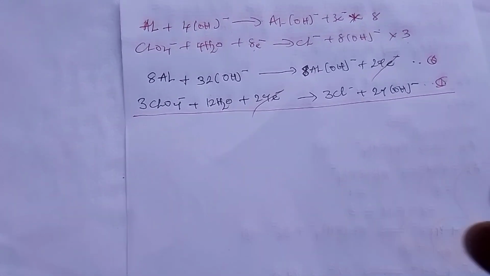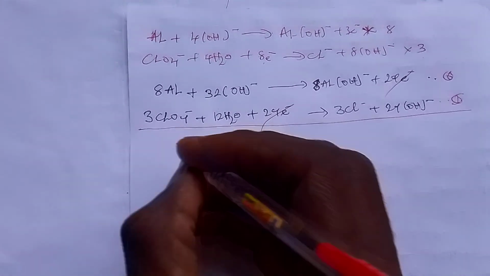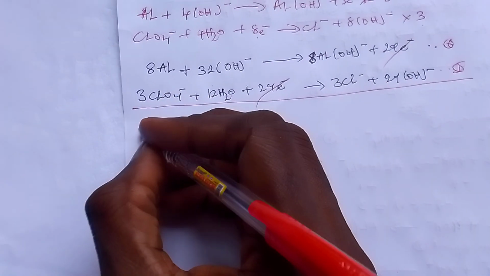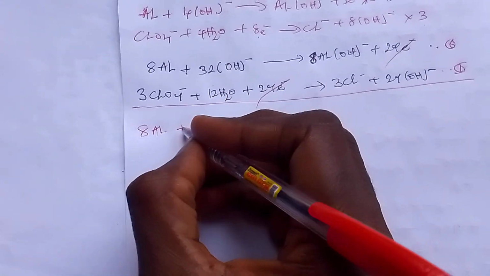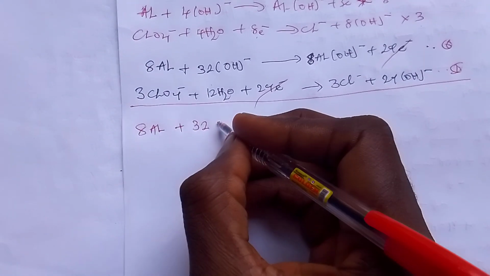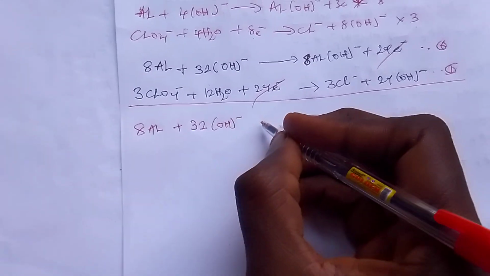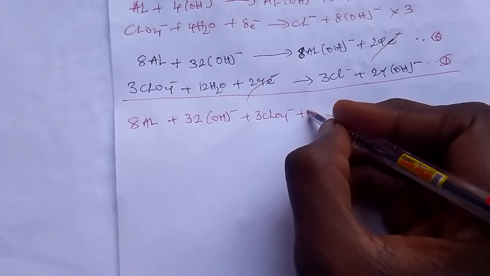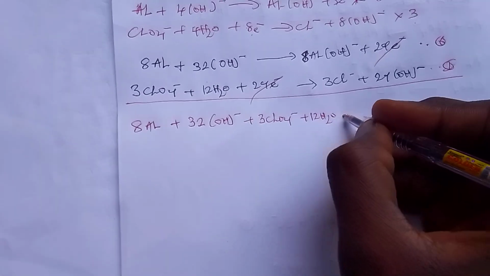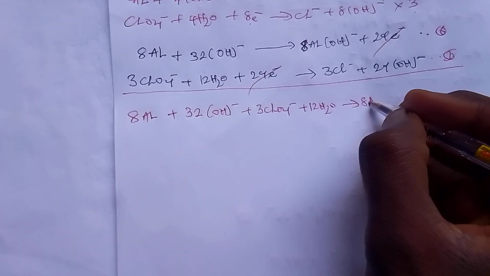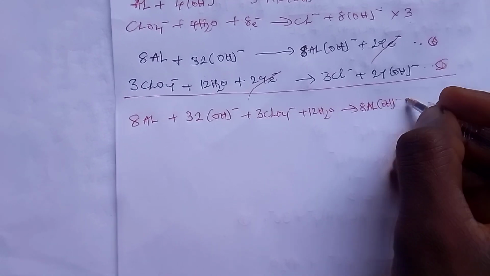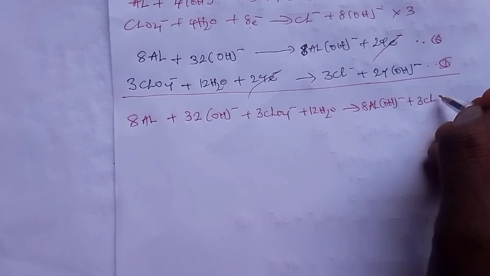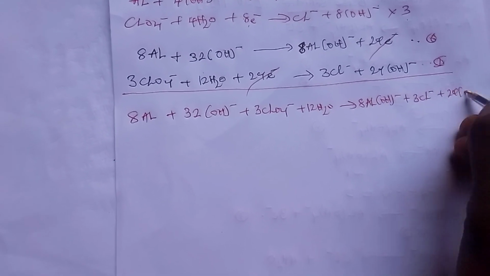So my new equation becomes, let me write what we have on the right hand side, 8 aluminum plus 32 hydroxyl minus plus 3 perchlorate ion plus 12H2O, which gives me 8 aluminum hydroxide plus 3 chlorine molecule plus 24